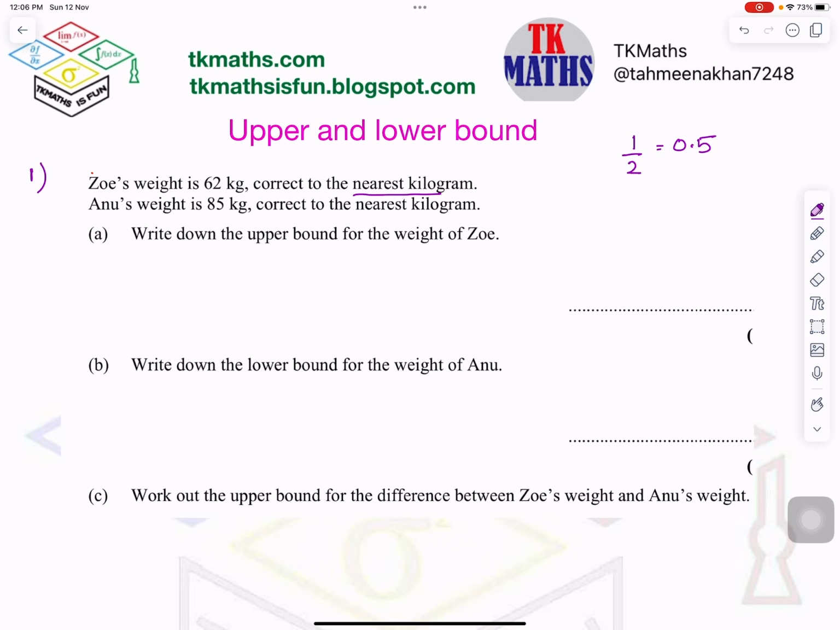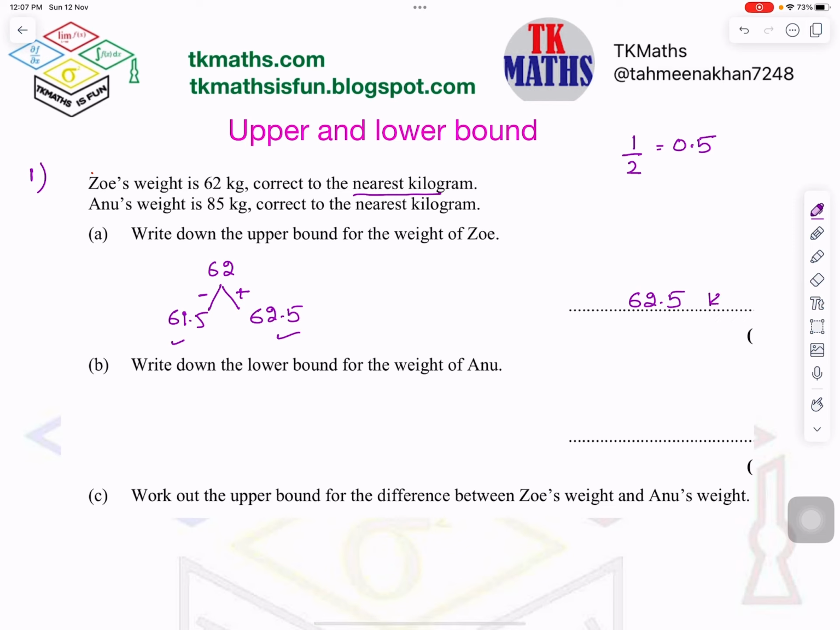The first part of the question is talking about the upper bound for Zoo's weight. So Zoo's weight is 62 kg. If I add 0.5 to it, it will become 62.5. If I subtract 0.5, it will become 61.5. So this is your upper bound and this is your lower bound. I have to answer upper bound right now, so I will write here 62.5